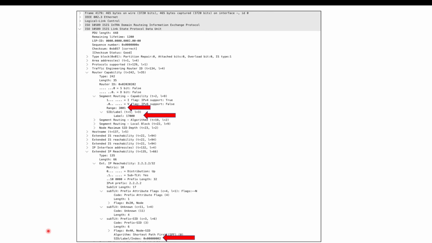Okay, now this is the basic understanding of segment routing. There is a lot to it and I'll cover all of them one by one, but if you are just beginning, then I think this understanding is very good to start the lab. So I'll start the lab here. Let's get into the lab and see how exactly it is working.